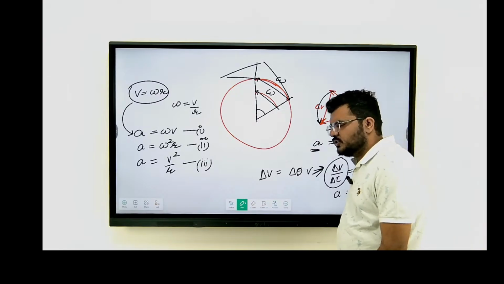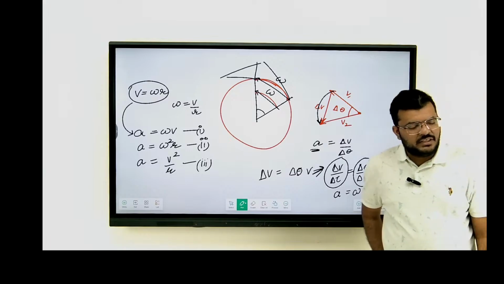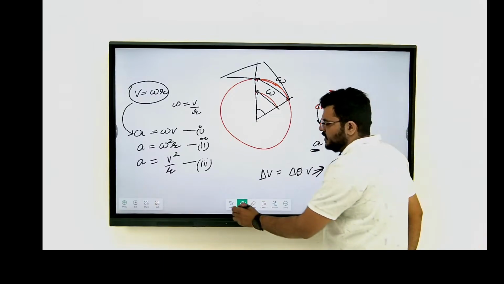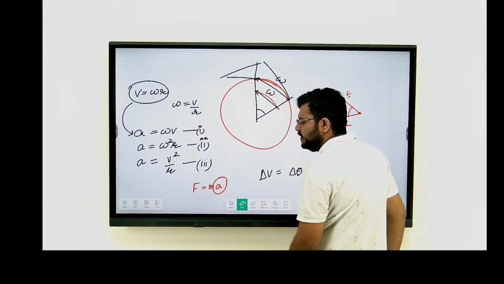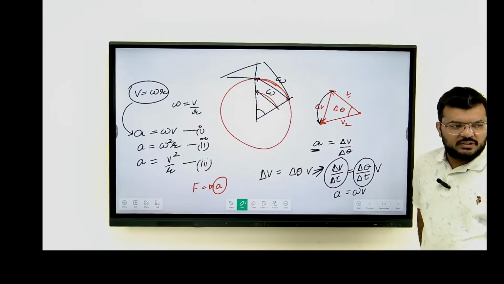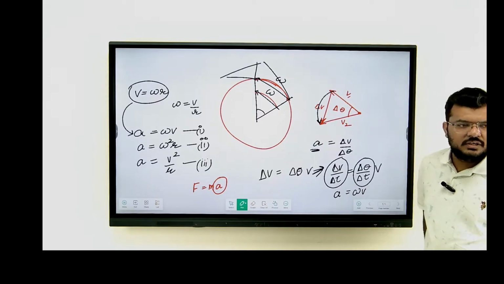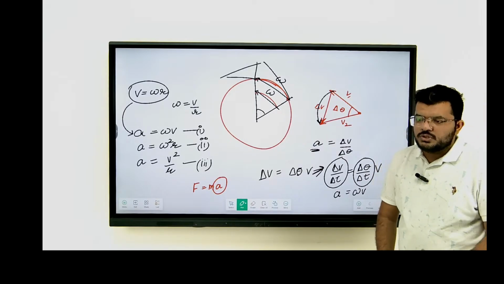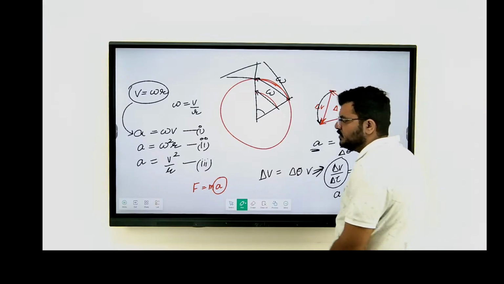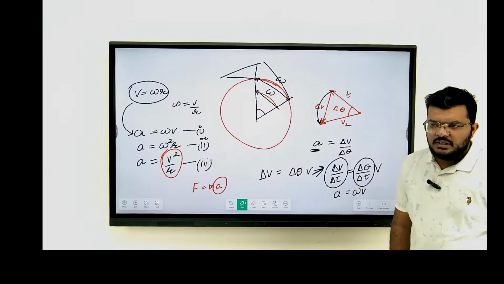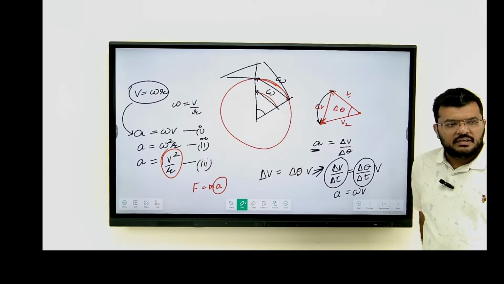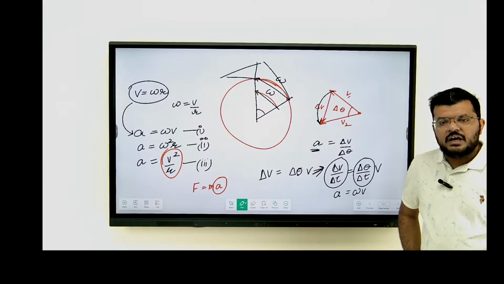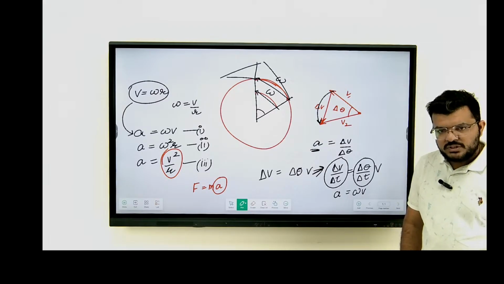Now this also brings us to a very important logic, that because acceleration exists, there must be forces, right? Because F is equal to ma. Newton's first law of motion says that because of inertia, motion cannot change without any external forces, right? And we have seen that the velocity is changing. If velocity is changing, then for sure there is some force, right? And that force finds its existence through this equation, all the three equations for that matter, that this force does exist. Now if we want to talk about this force, we must first understand how this force acts, the force that keeps